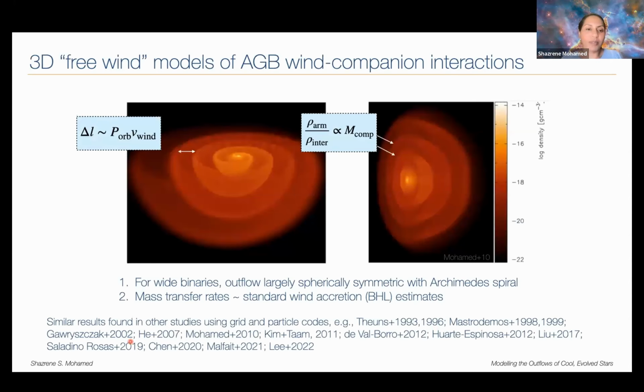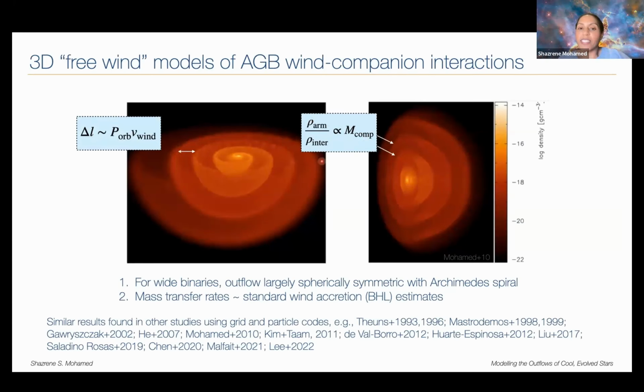Basically, we are coming to similar results: the spacing between the spiral arms depends on the orbital period and the wind velocity. So you can imagine if you have a companion that's whipping around, you'll get very tight spiral arms. If you have a very fast wind velocity, then you have a lot of time to expand before the companion comes, and so you'll get very wide spiral arms. And so it depends on that. And also the mass of the companion